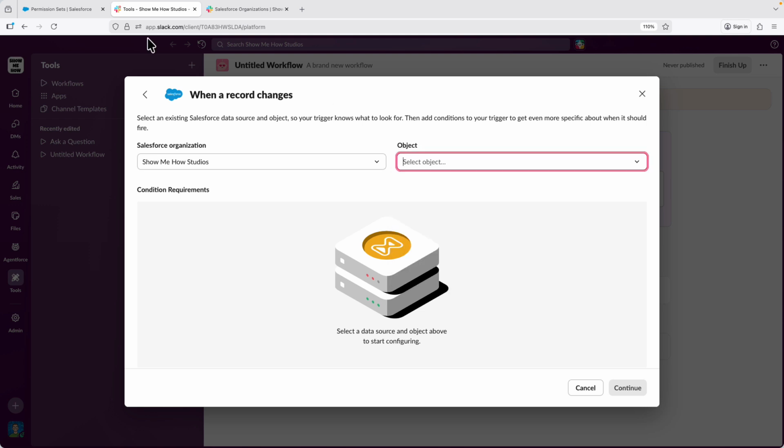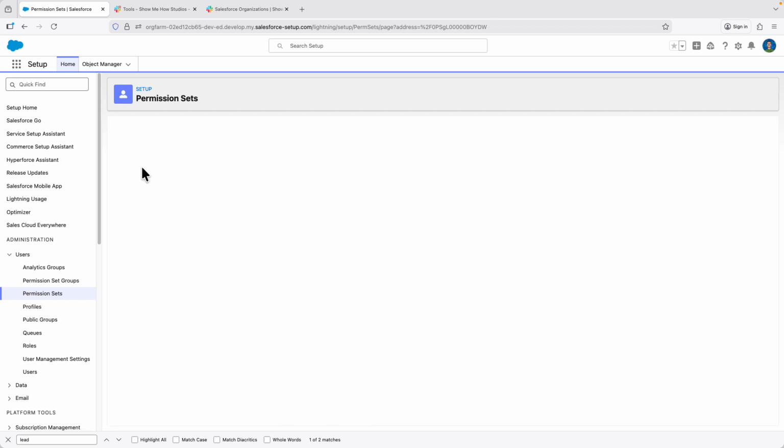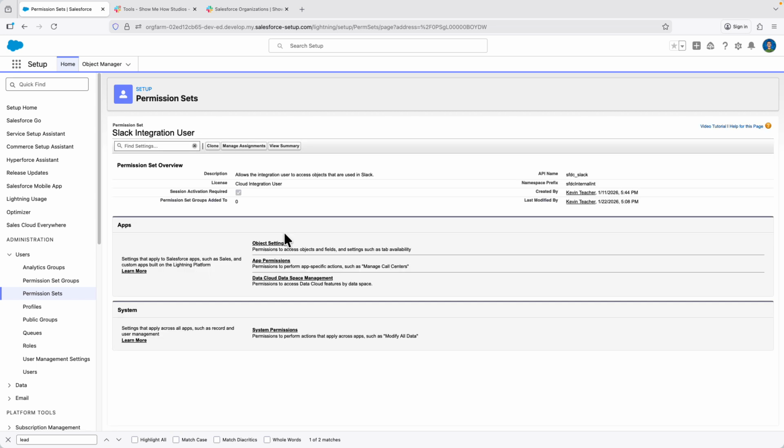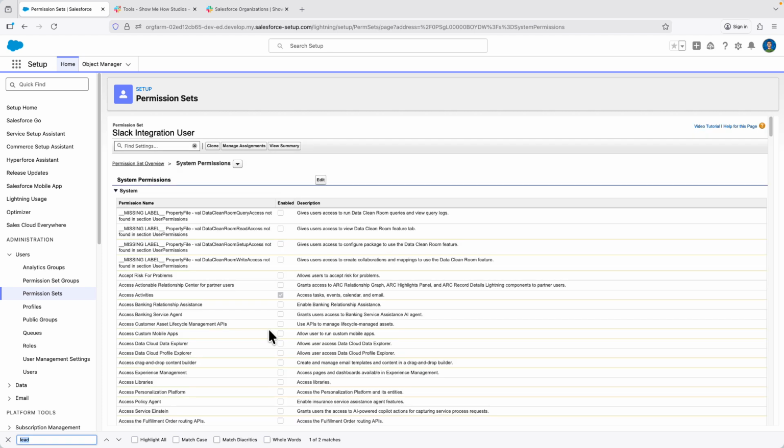There's a couple exceptions, and that's with objects which also require a license. So financial services cloud, public sector, health cloud. And even if your permission set has object level access, you may need to grant system level permission. Now, I'm in a developer org, so I can't show you exactly, but if you were to look for something like